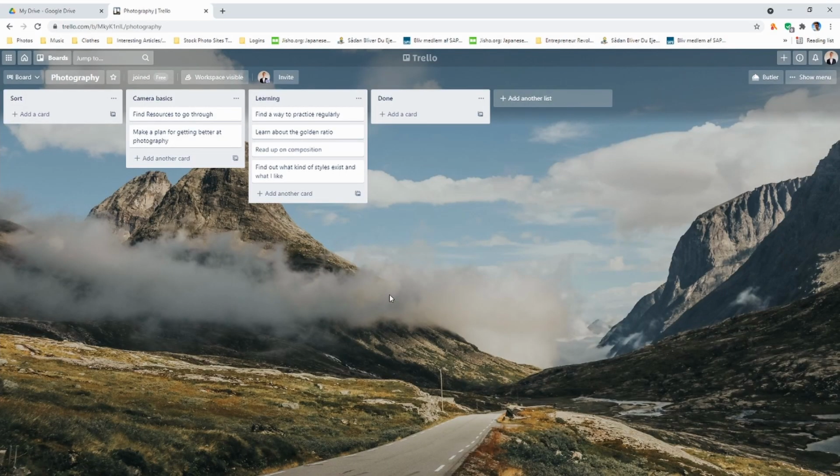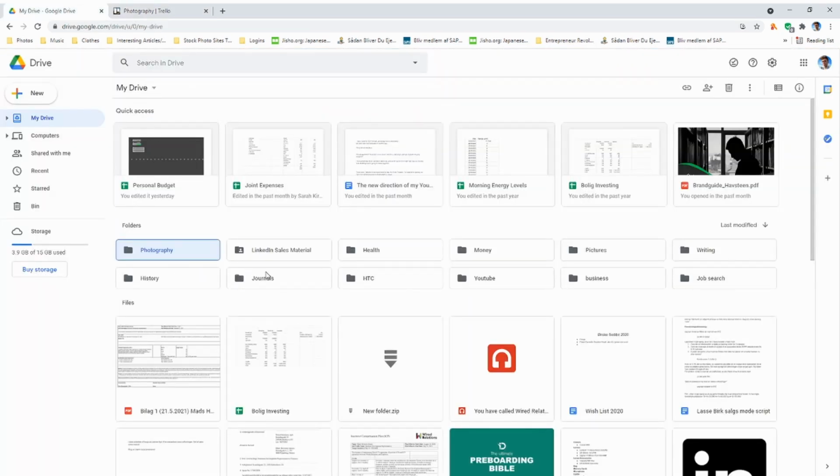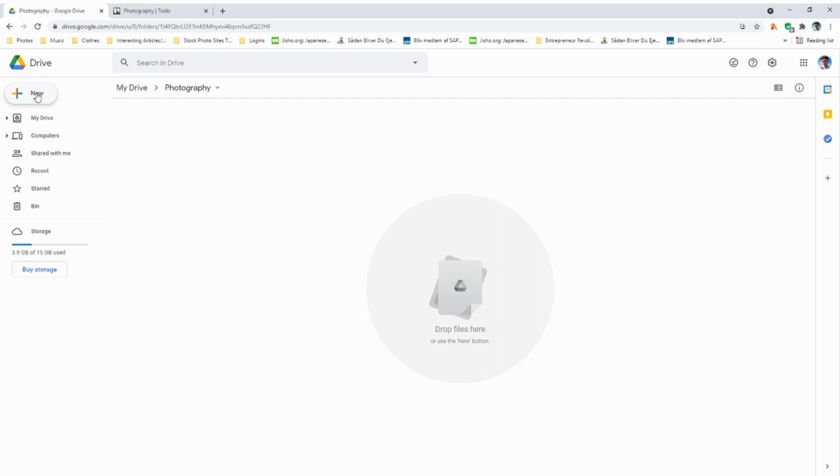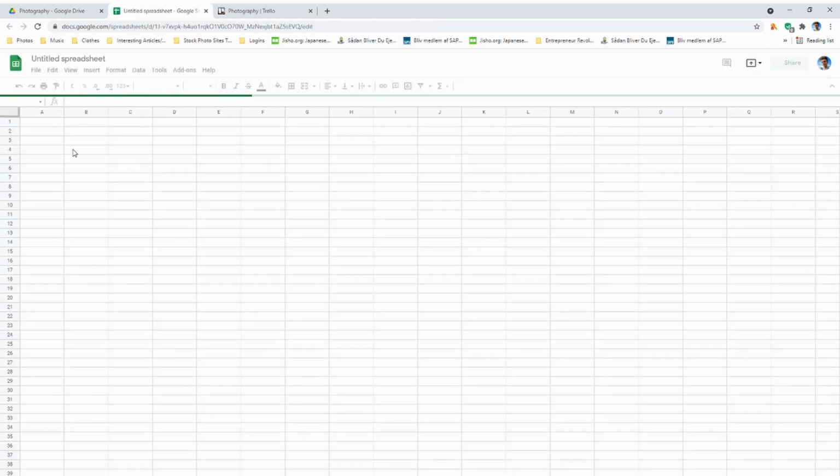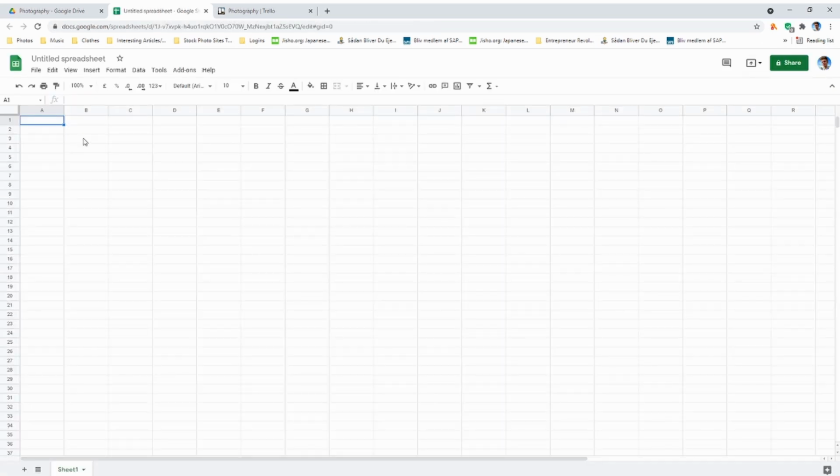All right, so here we are at the computer. We are going to be doing some work in Trello here. We're going to try and make some goals and plans and make those sub goals there. And then we're going to go into Drive, into the photography folder, ignore everything else. But the first thing we're going to do is go to Google Sheets and make ourselves a quick makeshift budget. So we're just going to call that budget photography